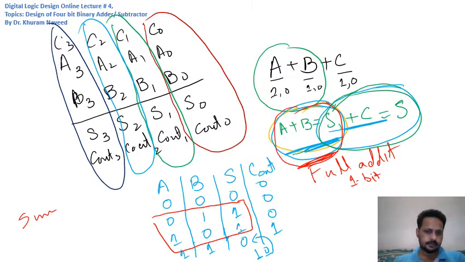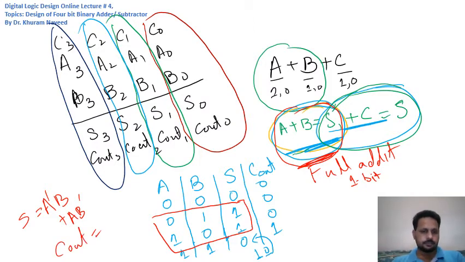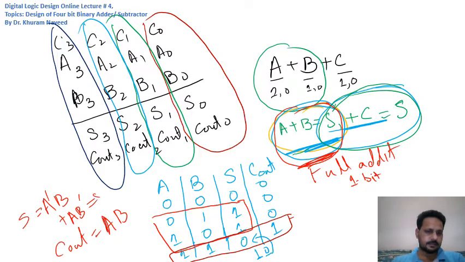तो इसका जो सम होगा या एस कहें सम की जगह, सो यहाँ पे जो एस है दैट इज इक्वल टू A' B plus A B', राइट। और इसी तरीके से जो कैरी है C out, उसके लिए जो एक्सप्रेशन होगी it will be, let's take this, ये जो मिन टर्म है क्योंकि ऑन है इस पे और 1 है C out, तो जो इसकी एक्सप्रेशन होगी it would be C out is equal to A B, राइट। तो अब इसको अगर आप गौर से देखें तो this is nothing but A XOR B, राइट।